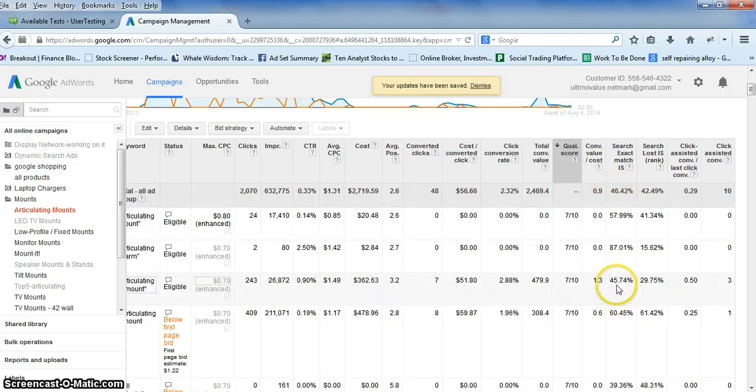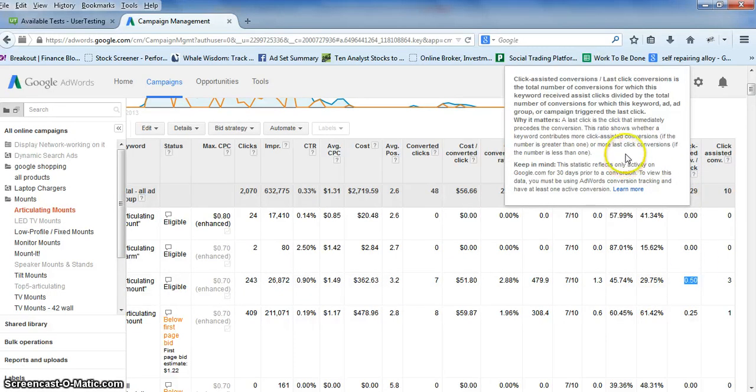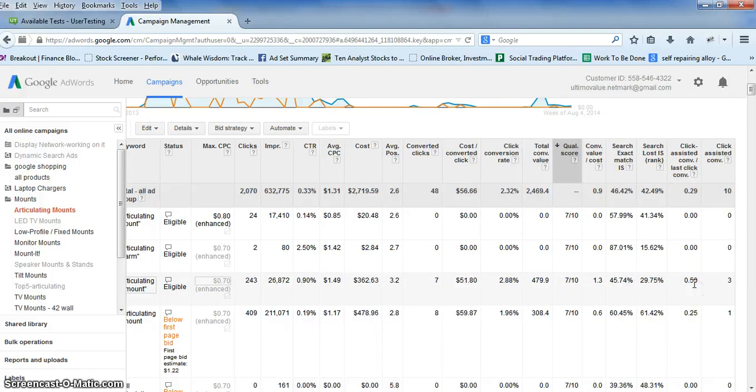So we have something in here. Search exact match is 45%, which is very low. So there's keyword issues basically because of phrase match. We are not losing, we are below 35%, still a little high, but below 35%. So we're going to leave it as it is. We're going to correct our keywords first. Only 0.50. That means anything above 1, as you can see in here, is a click assisted conversion. So we are actually halfway there. That means there were 3 assisted conversions for this keyword, which confirms that the search exact match is so